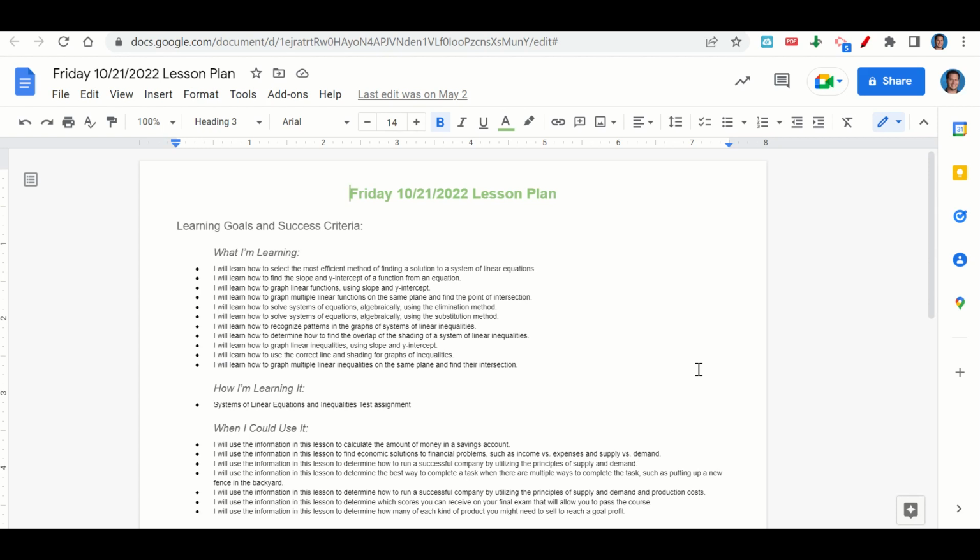to find the slope and y-intercept of a function from an equation, how to graph linear functions using slope and y-intercept, how to graph multiple linear functions on the same plane and find the point of intersection, how to solve systems of equations algebraically using the elimination method, how to solve systems of equations algebraically using the substitution method, how